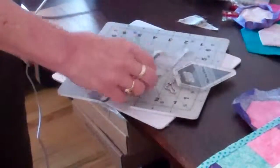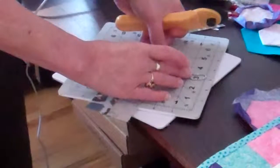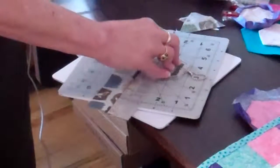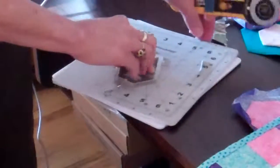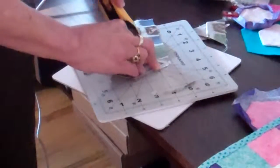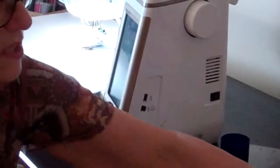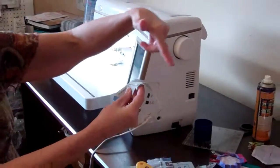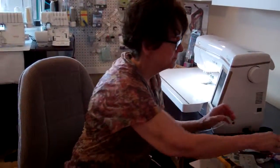We don't know. Let's cut another one. Rotate it this way. Line her up. And the rotating mat is just lovely because then you don't have to do what you saw me do before and turn and be a dangerous rotary cutting person. Here we go. Okay. So then when I take these and I sew them together, they'll alternate bigs and littles, as you can see in ours. I'm going to sew those together and it's going to create a hexagon circle, I guess you can call it,